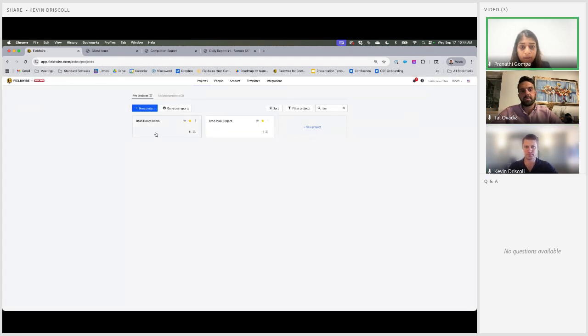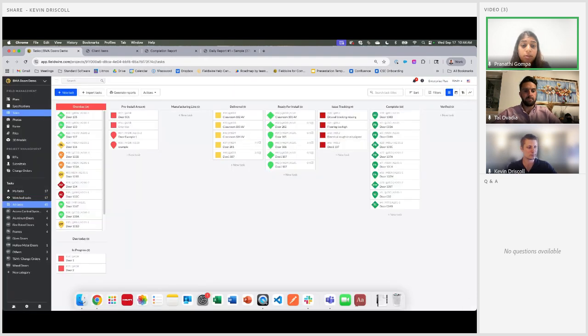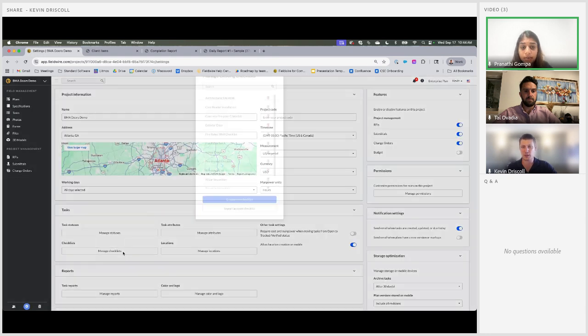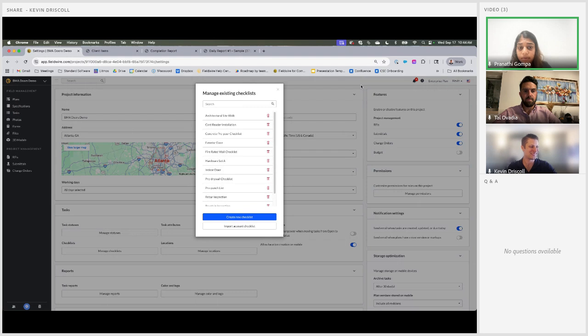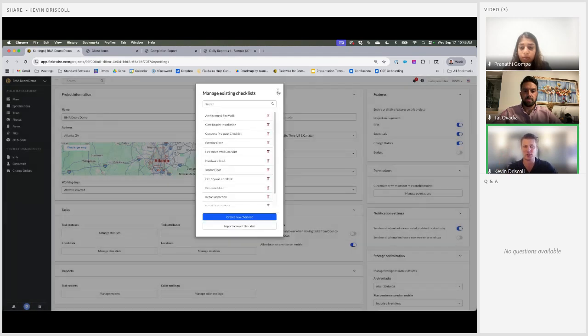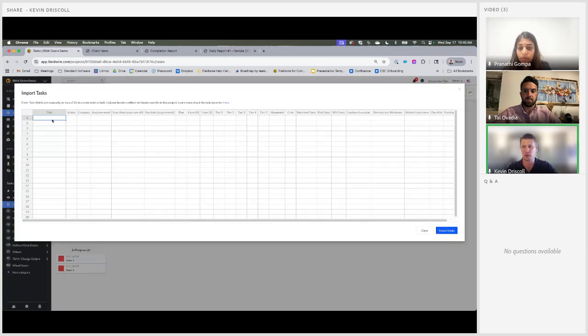The last question for today here is, how do you add these predetermined checklists when using the import task functionality? Oh, I can take that one. Yeah, excellent question. So when you name that checklist, you want to have it in Fieldwire before that bulk import step. And what you're going to want to do is just reference the name of that checklist in the checklist field of that bulk import process.